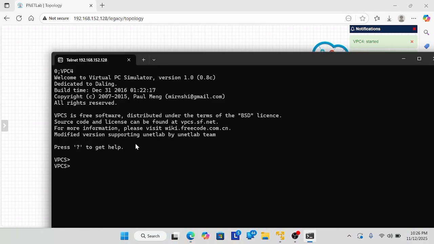You can open PC1. Set the PC name to PC1 and press enter. Then add the IP address in PC1: 192.168.10.2, prefix 24, and add the gateway, then enter.